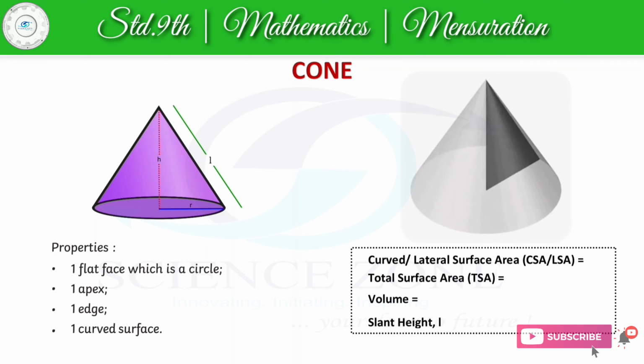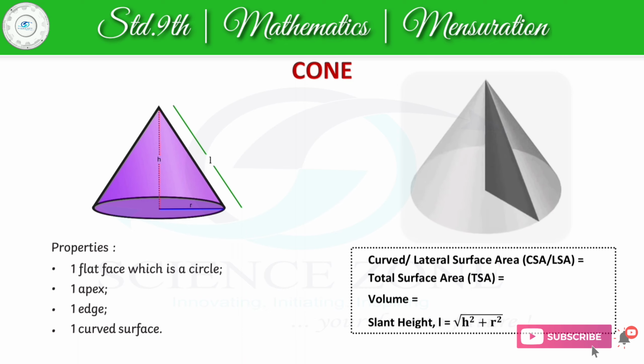The side of the triangle along which it is rotated is called the height of the cone. The base of the triangle is its radius, and the third side of that triangle will be the slant height of the cone. Slant height is represented by symbol L. As the triangle is right angled, we can apply Pythagoras theorem in that triangle. By use of Pythagoras theorem, L square will be equal to h square plus r square. From there, we can say L is equal to square root of h square plus r square.